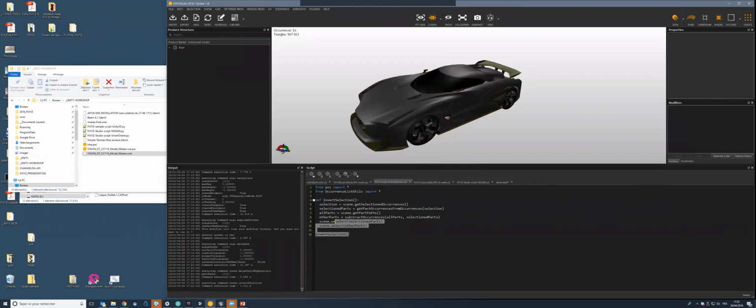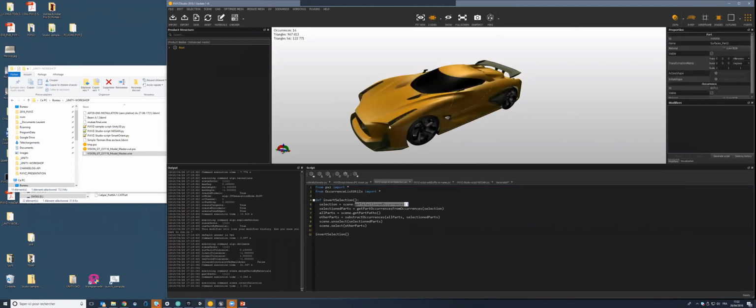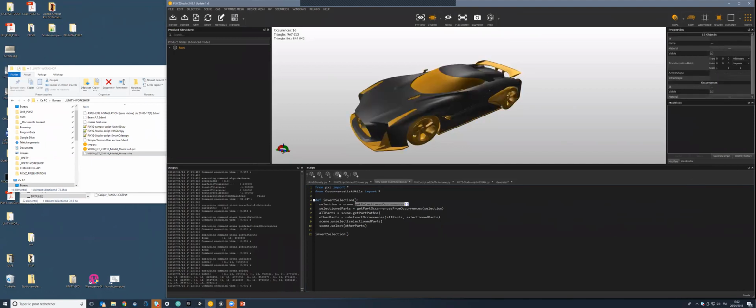You have the equivalent here in Python to help you retrieve the selection in the viewer and then reverse everything. So I can do the same thing here in Python, run the script, and I have the exact same effect. Not very relevant, of course. We have the selection available here, but just so you understand better the way we access paths, parts, selection,